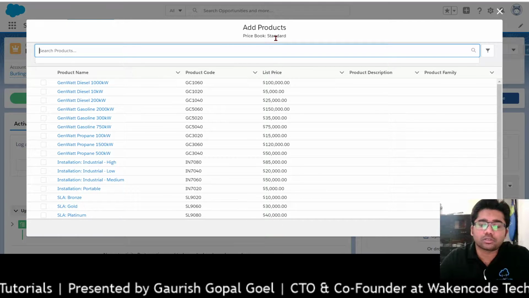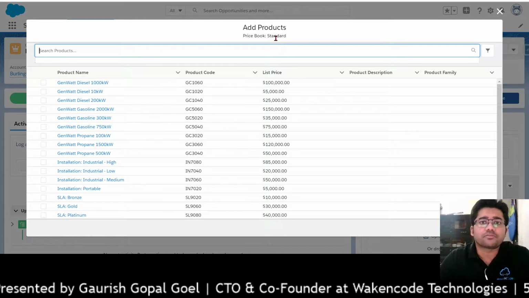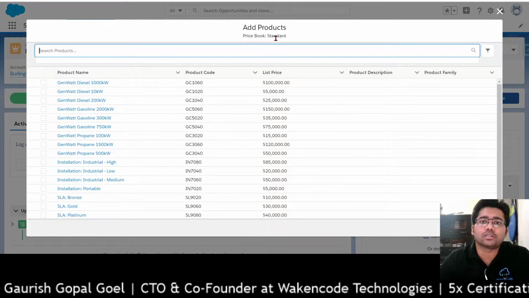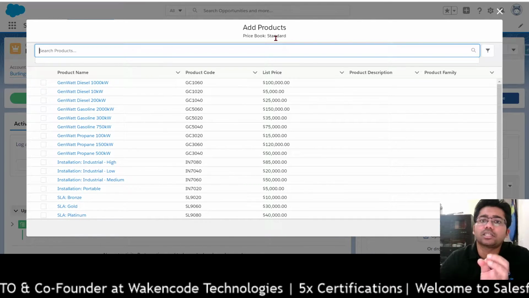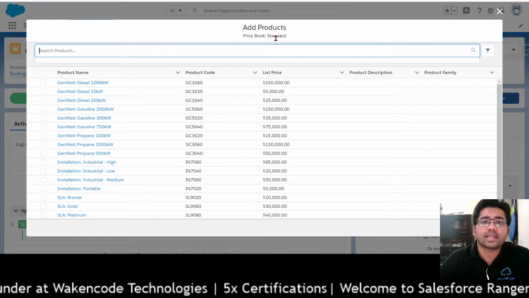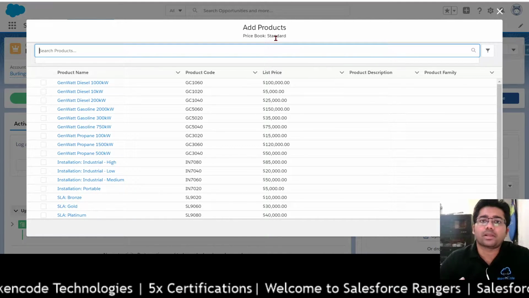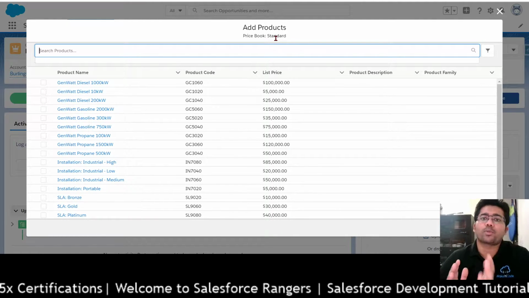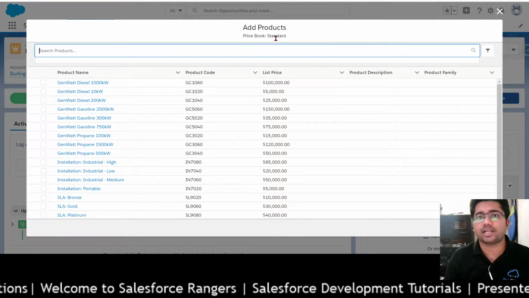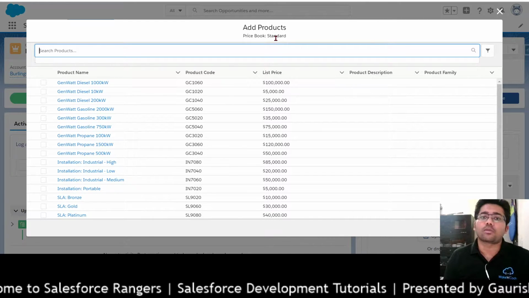So price book, you can consider it as a physical book in which I have listed all my products and mentioned their prices. Now, I can have multiple price books. For example, my business is selling laptops. I can have two price books, one for my regular customers and the other for my normal customers.